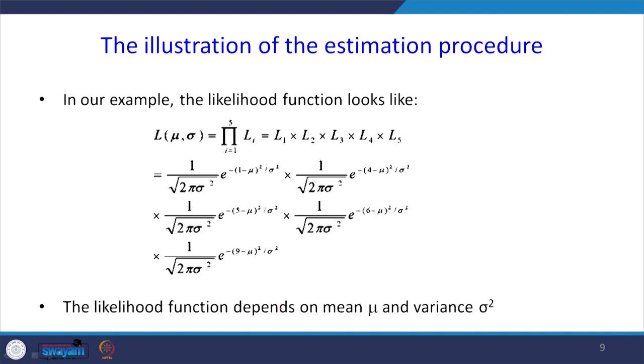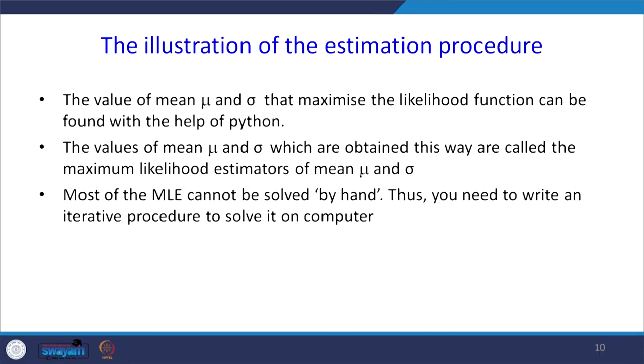So, the likelihood function depends on the values of mu and sigma square. Here the likelihood function is in terms of mu and sigma square. In the previous slide we found the joint probability density function of normal distribution for the different values of x. So, what we have to do is take the log of that function, partially differentiate with respect to mu and sigma, and equate it to 0, then you will get the population parameters, that is mu and sigma.